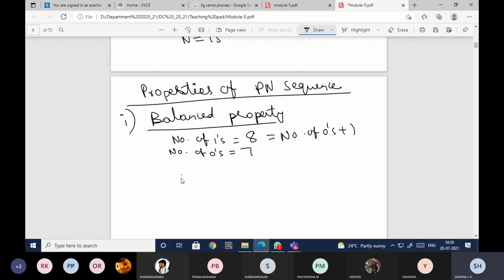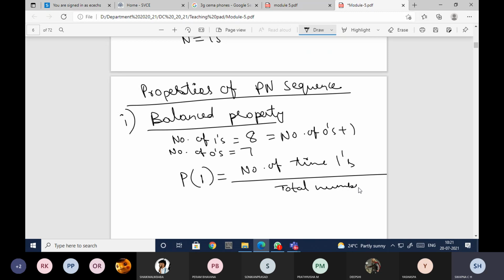So what I need to do is find the probability. How will you find the probability of 1? It is the number of times 1 is occurring, divided by the total number of bits. Here the number of ones occurring is 8, so 8 divided by 15.